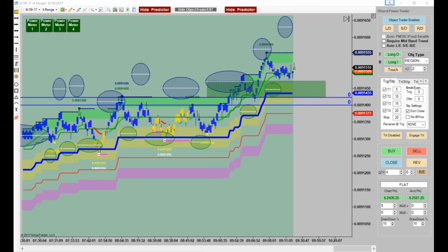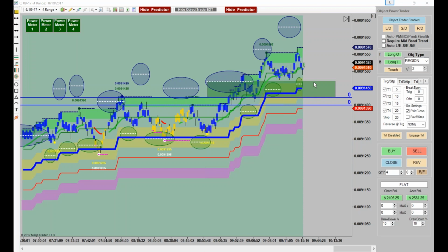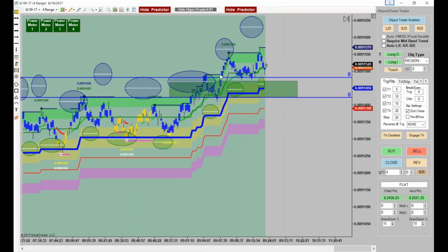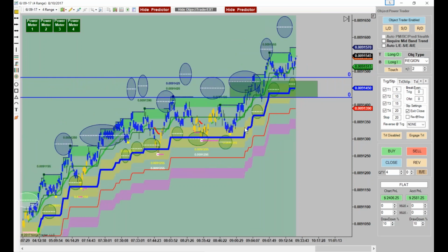Okay? It's got to come down at least to that area. Otherwise, we're doing what? We're chasing a trade. We don't want to chase a trade. See if we can get it. That looks like it's retracing a little bit. Predictor says right here, like so, but it's already checked that. See there? But it has not checked this one. And it has not checked